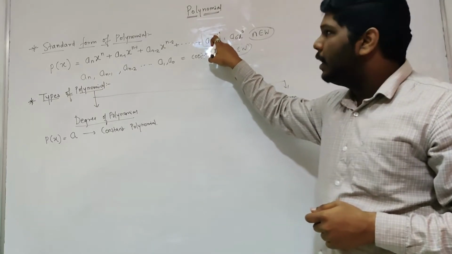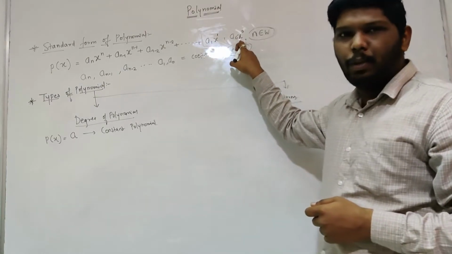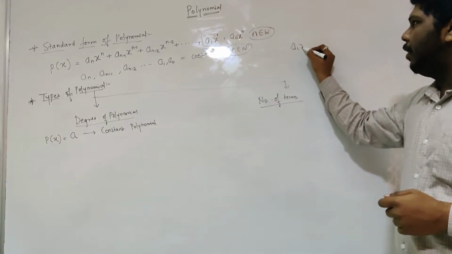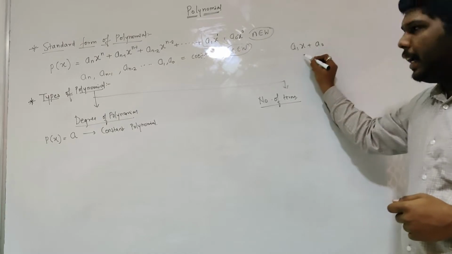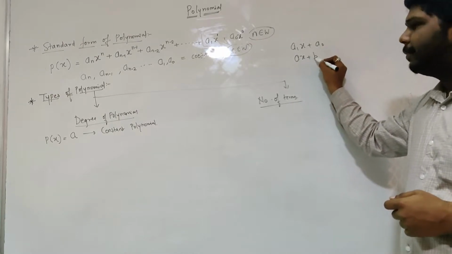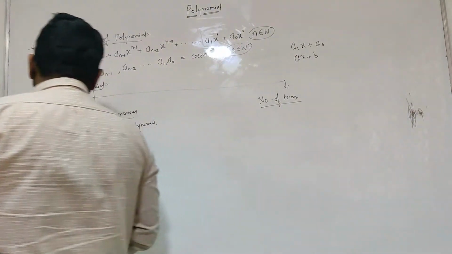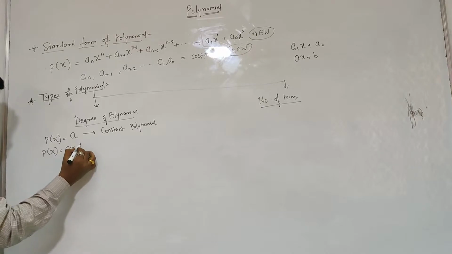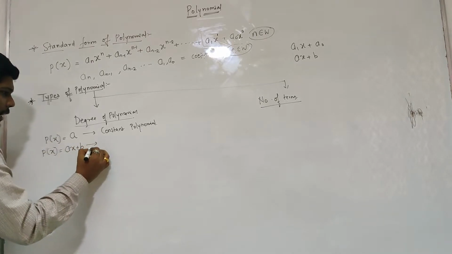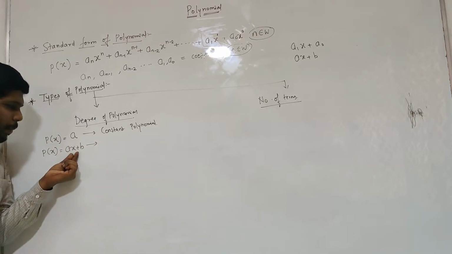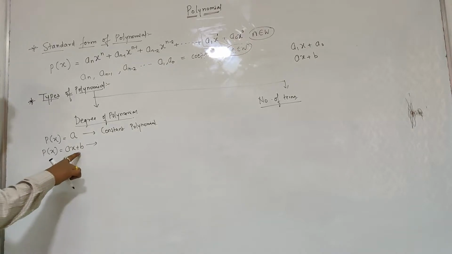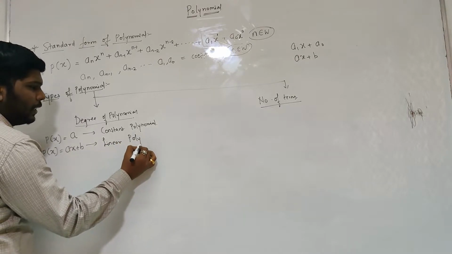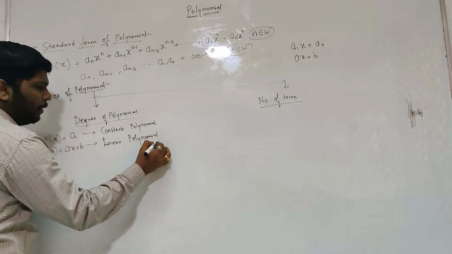Okay. Now, if I consider the last two terms now, can I say the highest degree will be 1? Correct. So this will be a1x plus a0. For our simplicity, instead of writing a1x plus a0, I can also write it as ax plus b. Correct. So my second category can be written as p of x is equal to ax plus b. So here in this case, the maximum degree or the maximum power of the variable x is 1, and such a polynomial is called a linear polynomial.